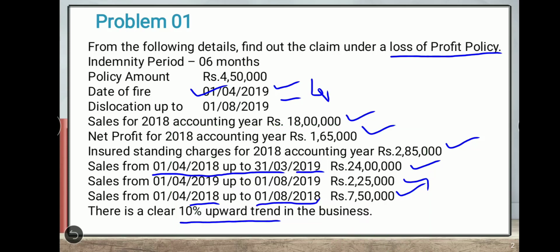It means that step 4 is calculation of insurance cover required, and in step 5 we have to check whether the average clause is applicable. So the amount of claim we can calculate using the average clause. Okay, so in this way we can solve this example step by step.